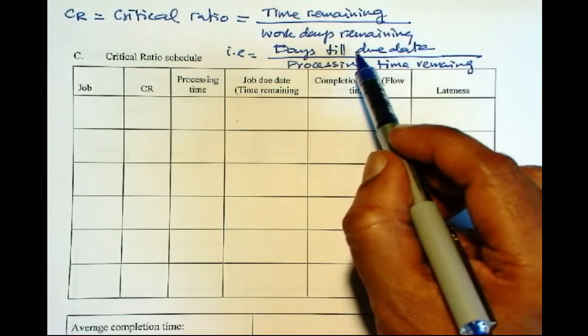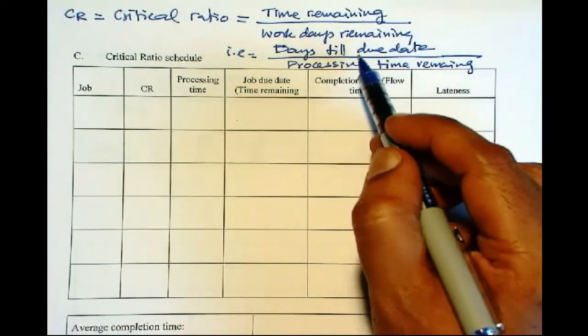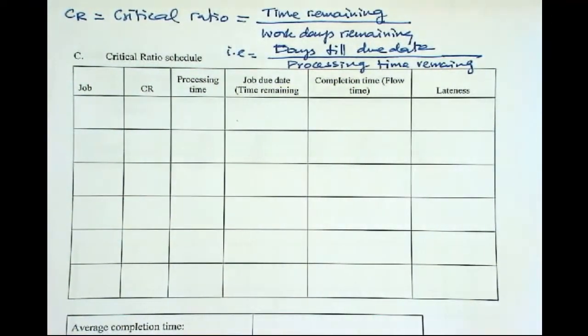If processing time remaining is also 10, then you'll get 10 over 10, which is 1. So 1 and anything smaller than 1 means the job is critical, because the best you could do is to meet the deadline,